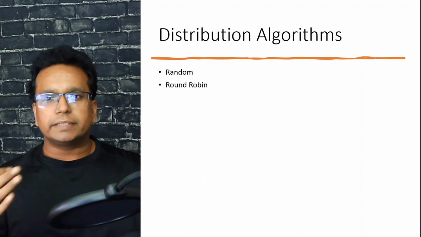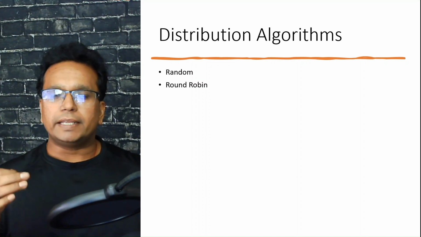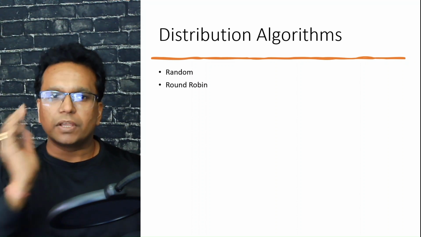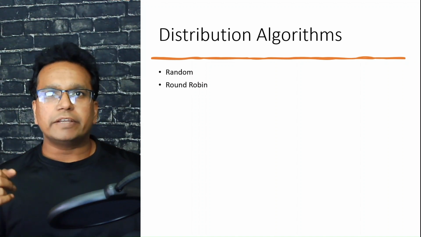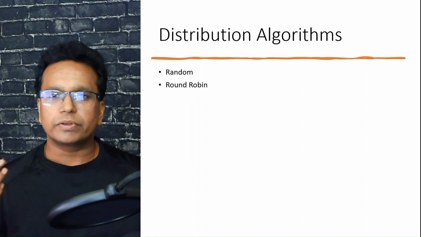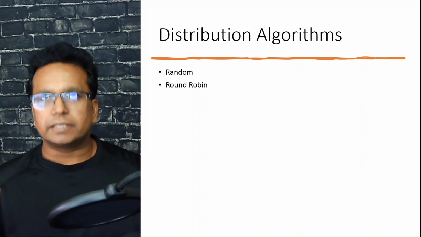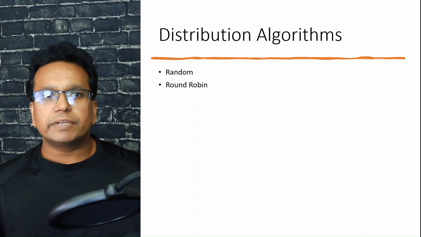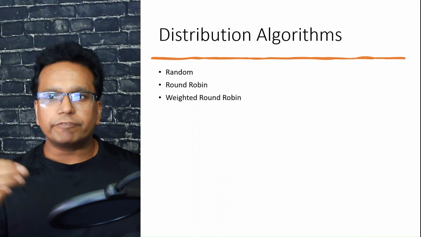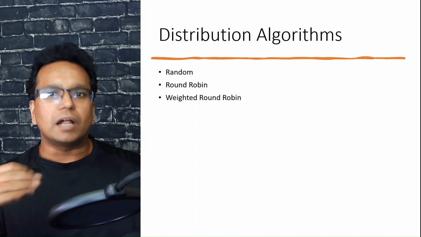This algorithm distributes requests evenly across all servers in a round robin fashion, and each new request is directed to the next available server in a predefined list. Now the issue could be that if you have heterogeneous servers, for example one server has much more capacity than the others, then this algorithm does not utilize that. That's where weighted round robin comes in. It's similar to round robin, but with the addition of a weighting factor for each server, and each server with a higher weight receives a proportionally larger number of requests.